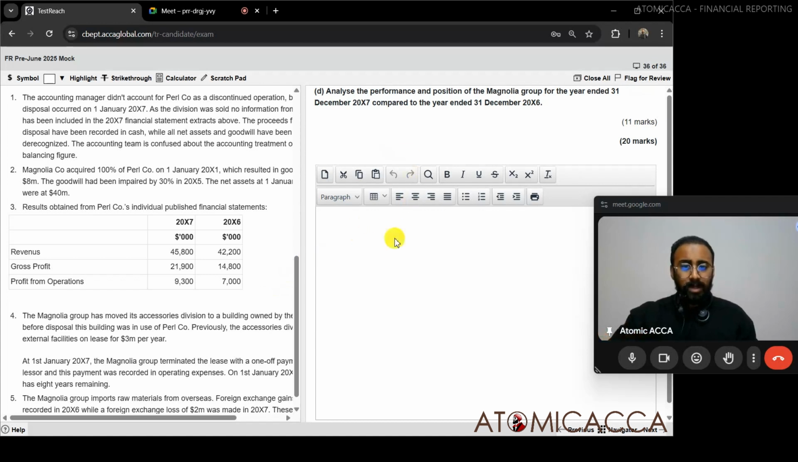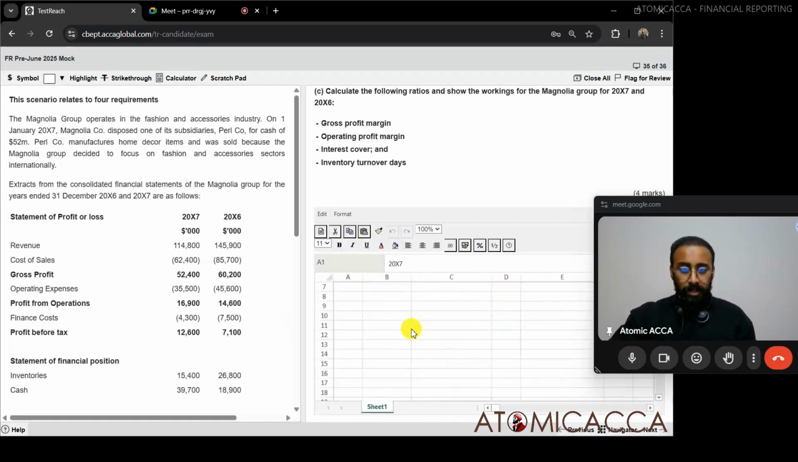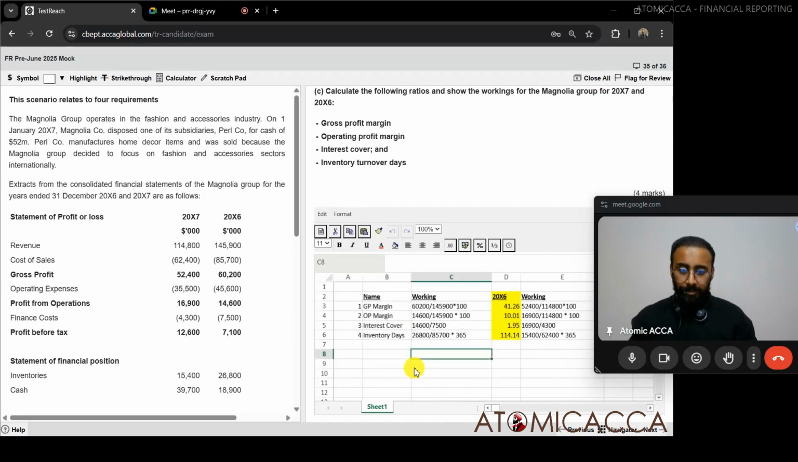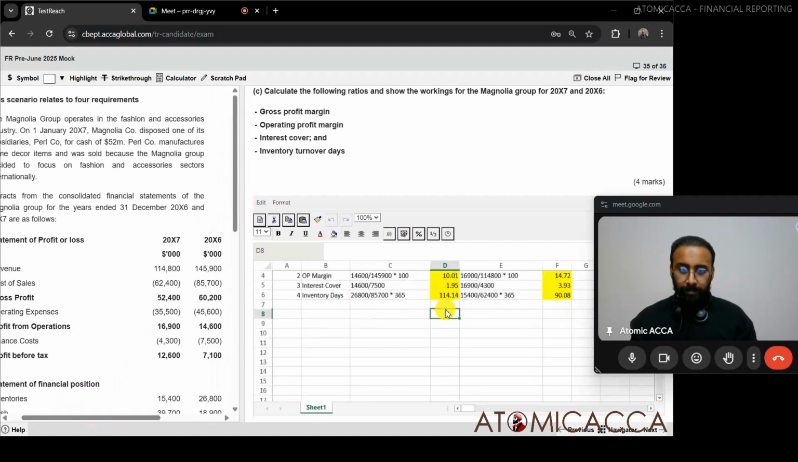Now rather than making a table over here, which will take a lot of time, for comparison purposes we'll just use that Excel sheet to speed up our process and make the table. Let's just make this small. Okay, now we have